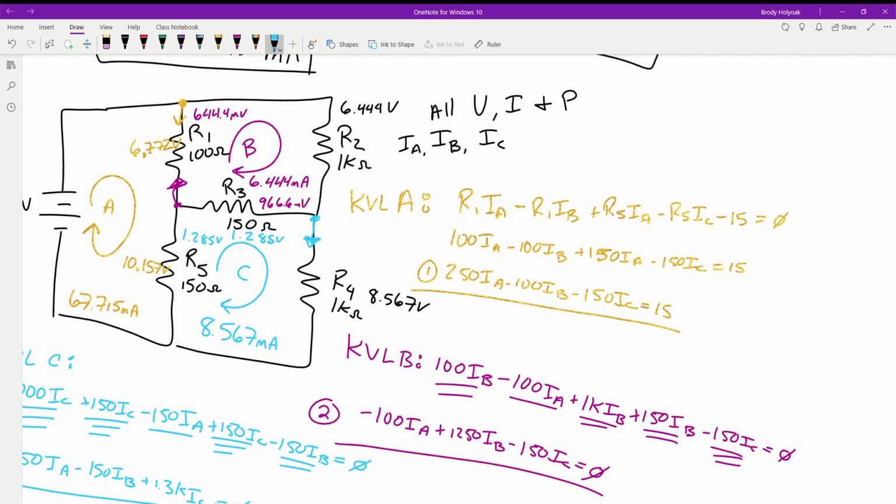Now, what we need to do is solve for the total voltages across each of these resistors. Now we've solved individual loops. So, R1, we have IA is going down, IB is going up. So what are we going to do with those voltages? They're going to subtract from each other because they're opposing each other. So the net voltage we have across this guy